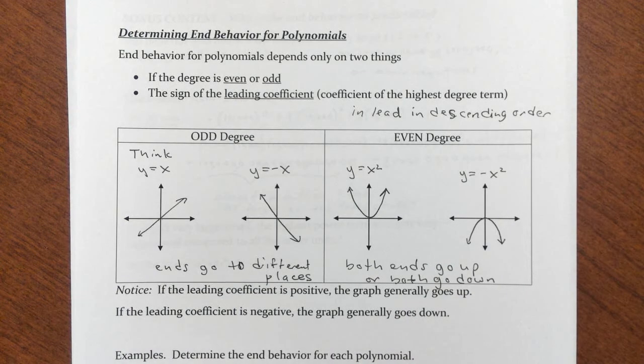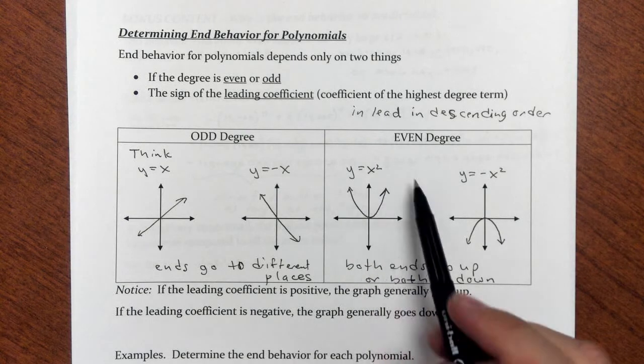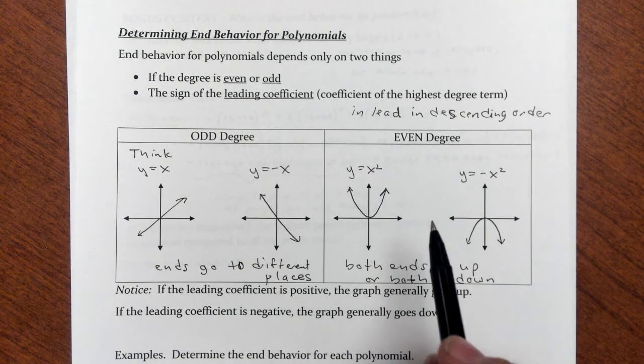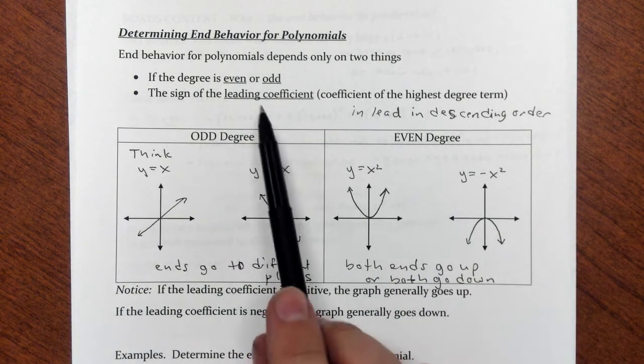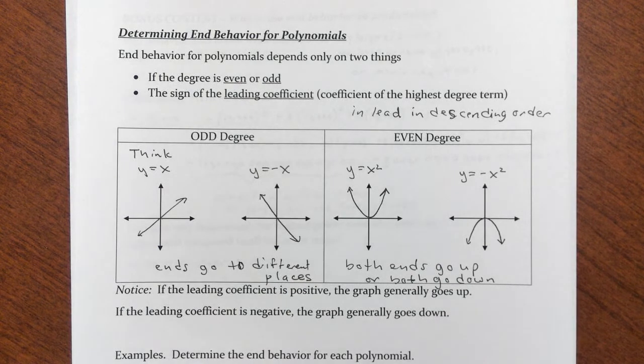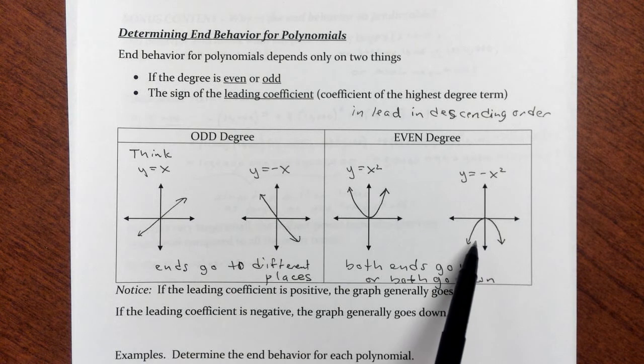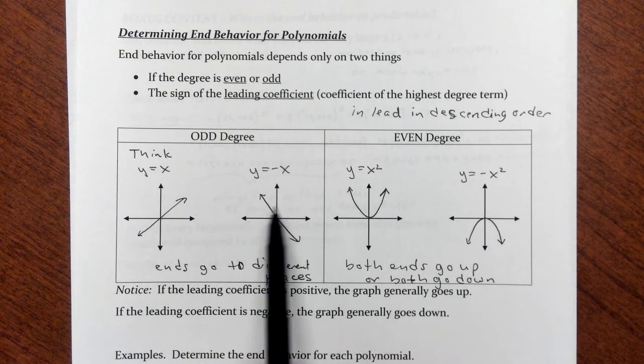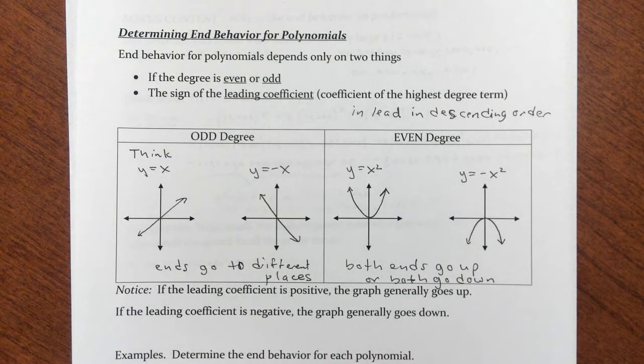And it'll turn out that every other polynomial is going to follow this same pattern. So if I have another even degree polynomial, a 4th degree polynomial, the end behavior will follow the same as one of these 2 graphs, depending on if the leading coefficient is positive or negative. Either both ends will go up or both ends will go down. If I have another odd degree polynomial, the graph will look about the same. It might have a few more turns or bumps in it, but it'll look somewhat similar,